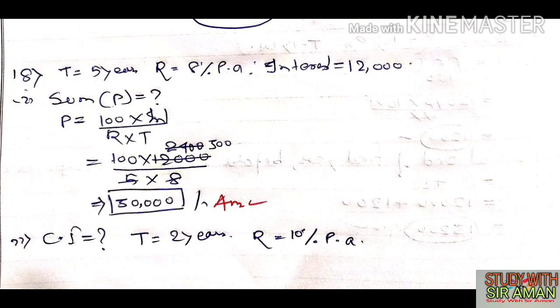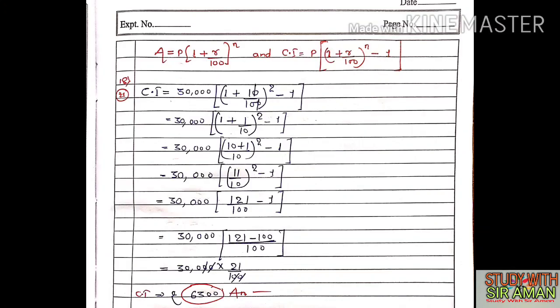In this question I will tell you how to calculate by using the formula for compound interest. So see nicely what I have told you. We will do calculation by compound interest. CI is equal to P, big bracket, 1 plus R by 100 to the power n, minus 1. Principal is 30,000, rate is 10, time is 2, minus 1. Check the first line. Now 0 0 cancel. Second line, all the steps I have written for you because it is the first and new question, to make you understand: 1 plus 1 by 10, bracket close, square, minus 1.